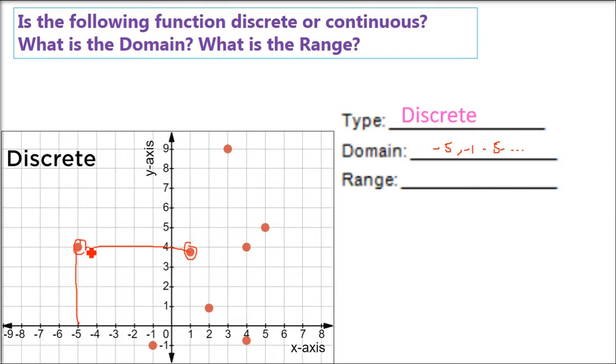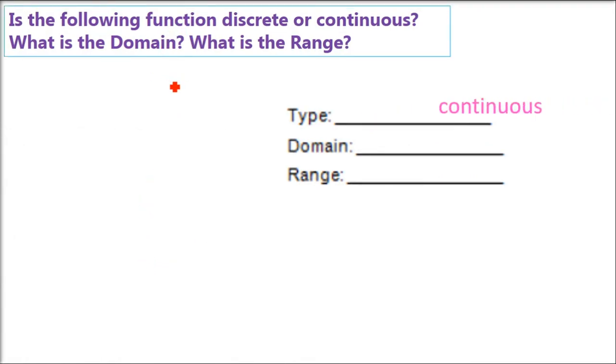What is the range? Same for y. What is the y value? 4. 4. What is the y value? Say, take this one now. What is the y value? 3.75 something. What is the y value of this? 1. So this is how you're going to write the values. Y values, range. X values, domain. X coordinate is domain. Y value is range.